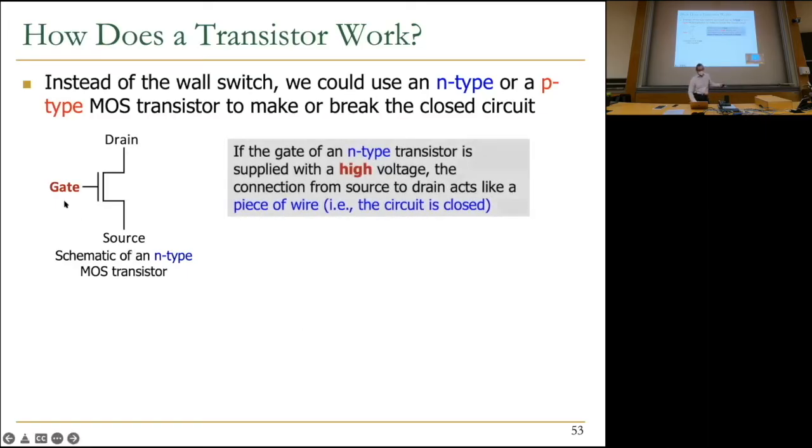As I said earlier, if the gate of this N-type transistor is supplied with a high voltage, the connection from the source to drain acts like a piece of wire, meaning the circuit is closed. If the gate is applied,